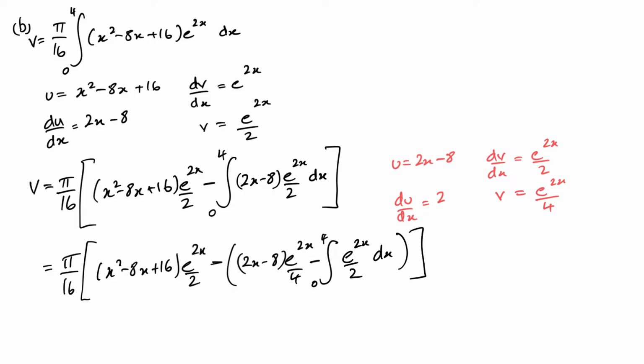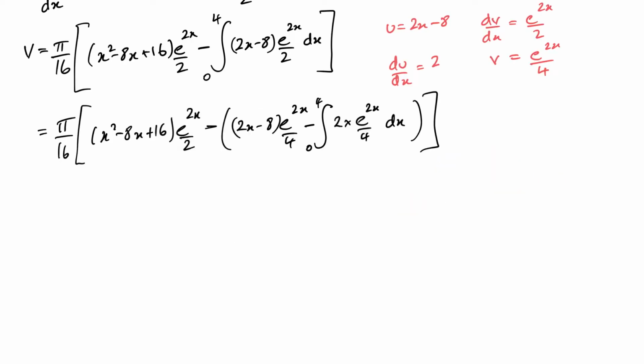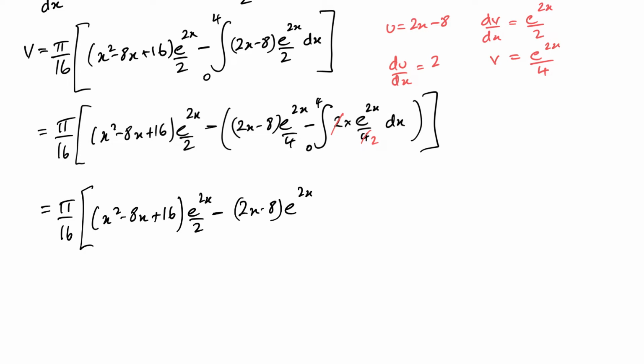But what I might actually do, let me put it in just in case anyone's watching this and then suddenly gets a bit confused. So let's put it in, so it's 2 times e to the 2x over 4. There we are. And as I'd already said, this will cancel with this, giving me a squared term. So we get pi by 16, x squared minus 8x plus 16 times e to the 2x over 2 minus 2x minus 8 times e to the 2x over 4